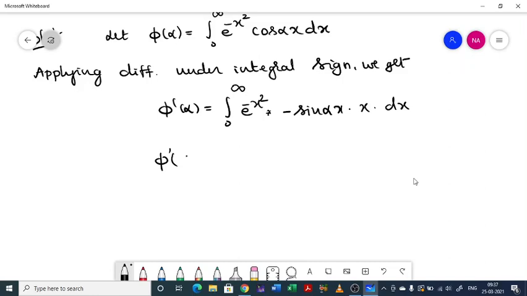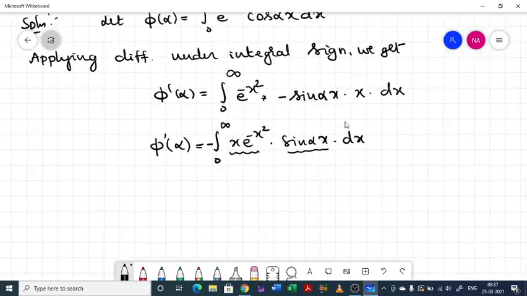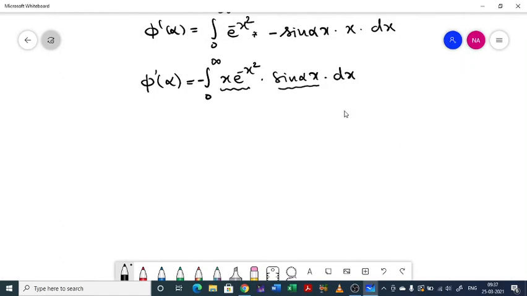We shall write this as phi dash of alpha equal to integral 0 to infinity minus, let us take the minus outside, x into e power minus x square into sin alpha x dx. Now treating this as a single function and this as another single function, we can apply integration by parts. So we'll treat sin alpha x as the first function, x into e power minus x square as the second function. Applying integration by parts,